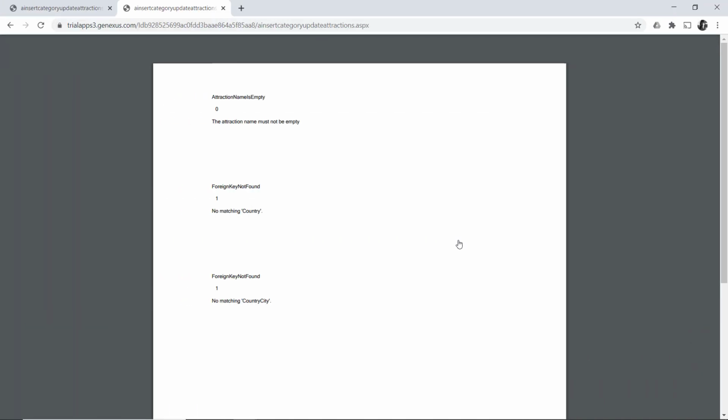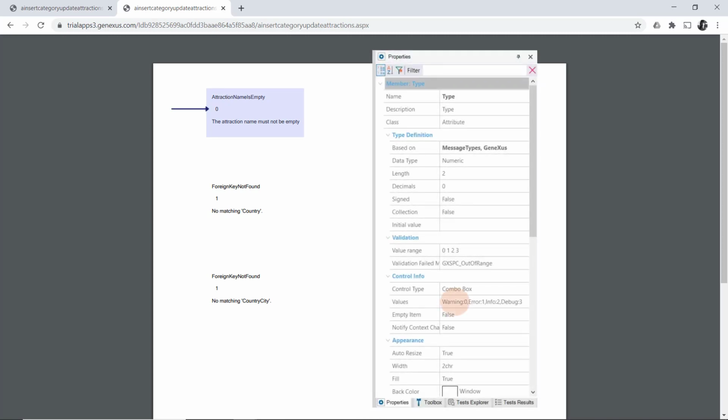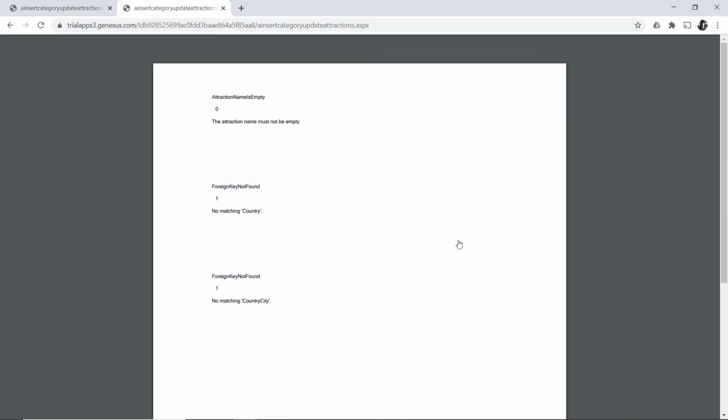When trying to insert, 3 messages were displayed. The first one is a warning message, and it would not have caused the insertion failure by itself. However, the second and third ones could have caused the failure because they're of the error type. The internal ID is this, and the message displayed to the transaction user when the country integrity fails is, not coincidentally, no matching country. Also, a referential integrity error will be thrown when trying to insert the city, which depends on the country.